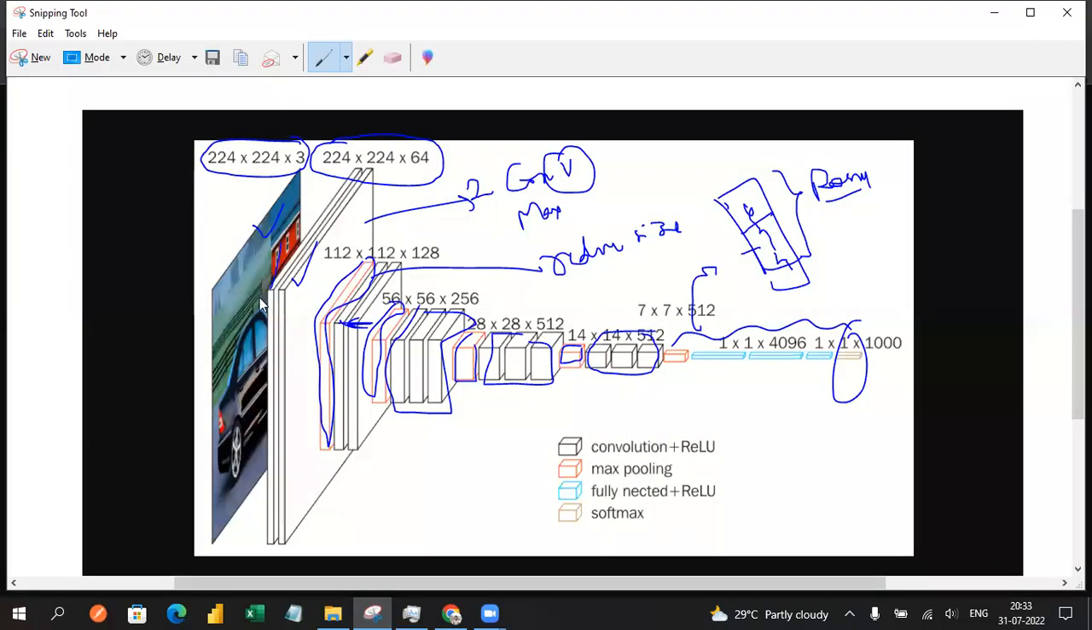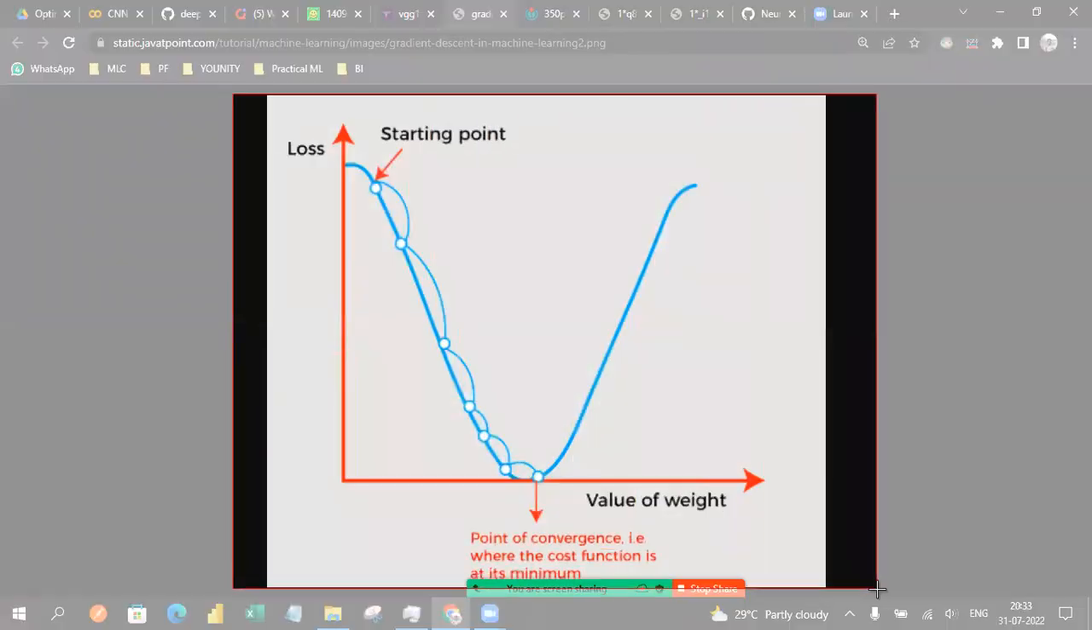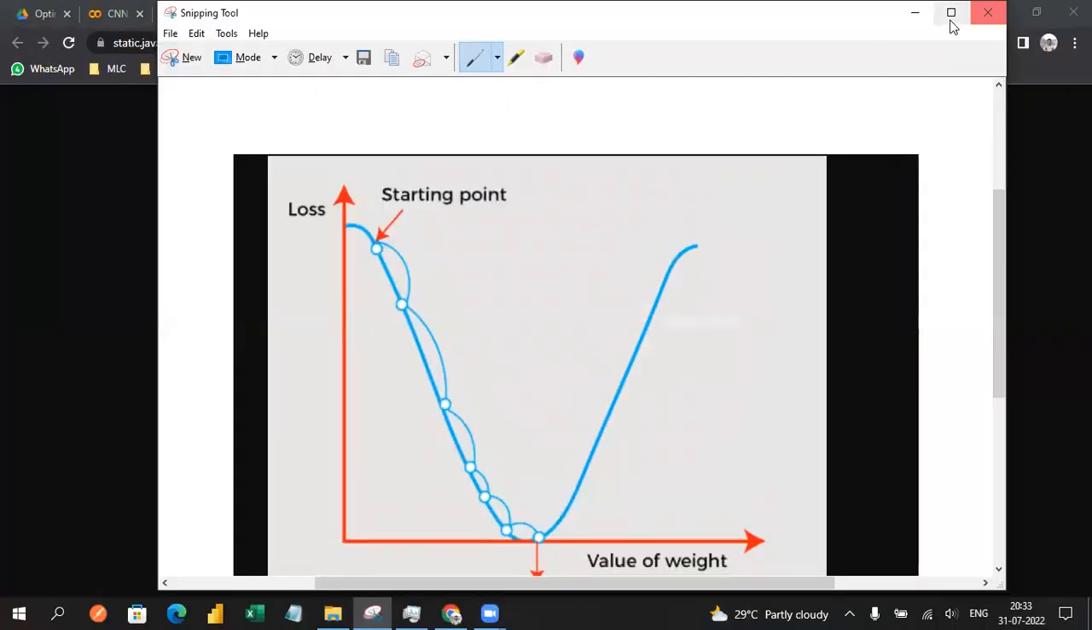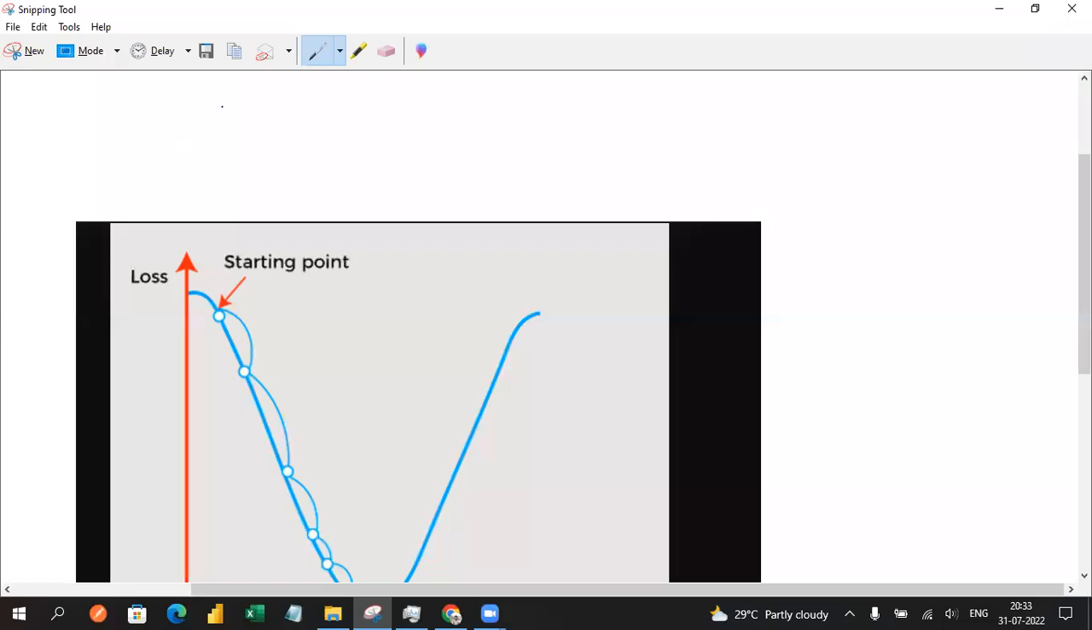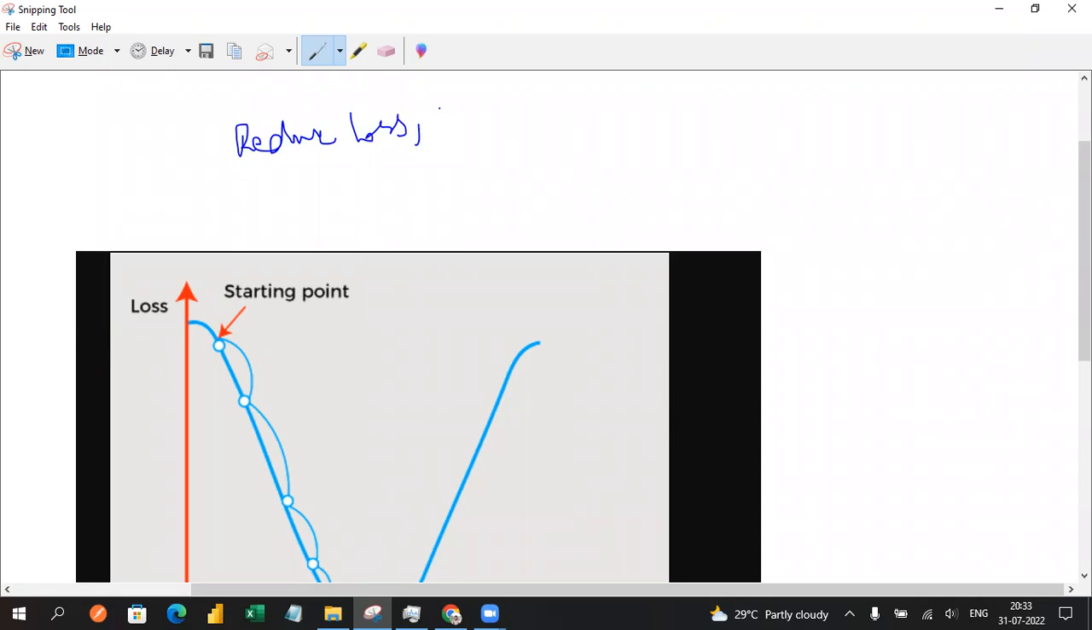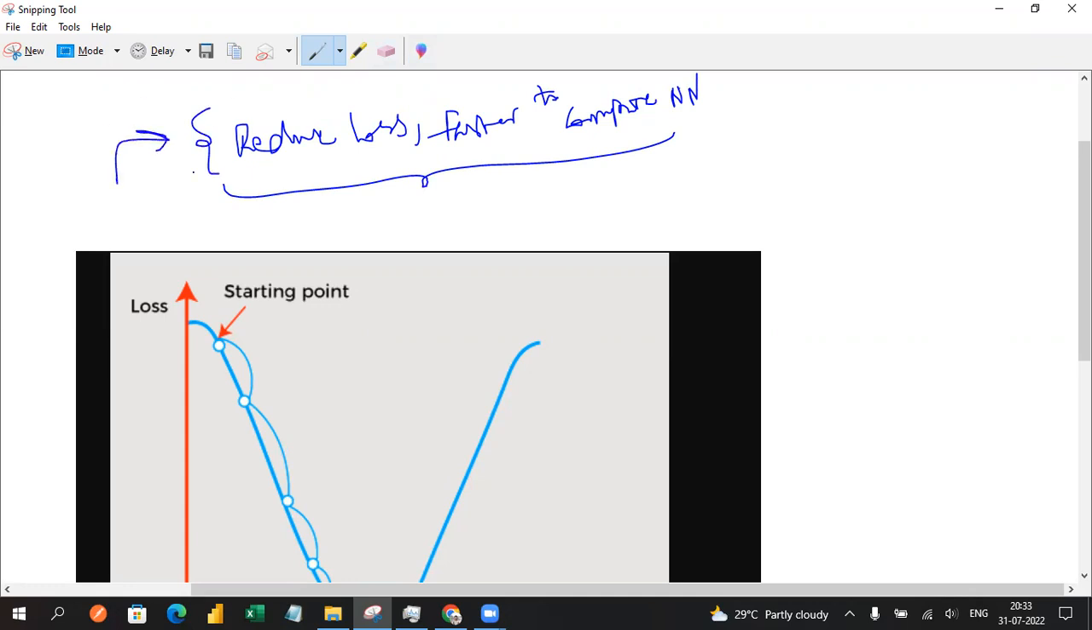What are the different optimization algorithms we have, and how will an optimization algorithm help us? So why do we require optimization? First thing first, we require optimization to reduce the loss. Also, it is faster to compute your training model or neural network, any kind of classical ML or deep learning model. So this is a major application of